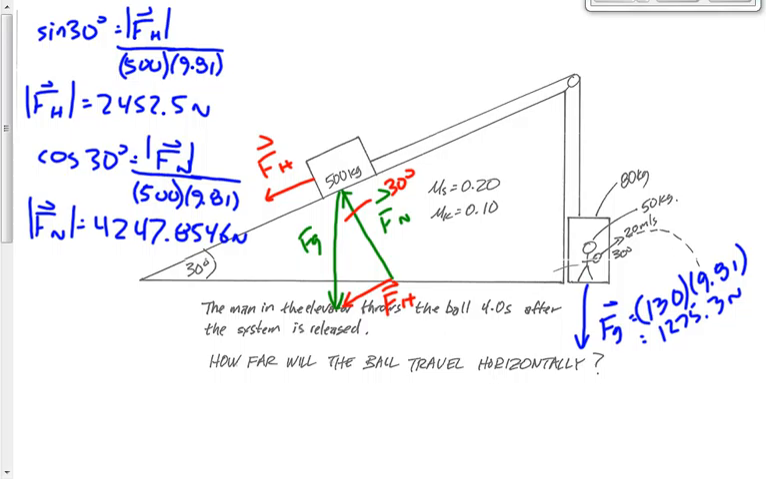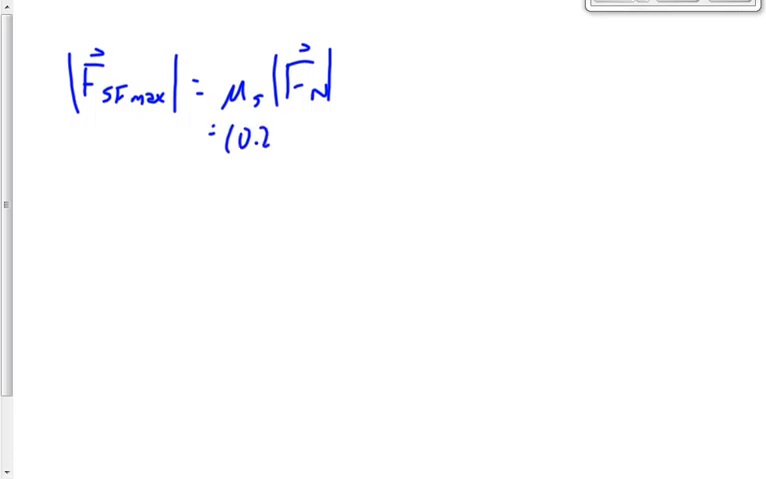Now the next question we have is, does it move? Does this thing move? Because we've got a coefficient of static friction and a coefficient of kinetic friction. Let's see if it moves. F static friction max, the maximum possible force of static friction, is equal to mu static times the normal force. Mu static is 0.20, and that's given to us in the question. The normal force we just found was